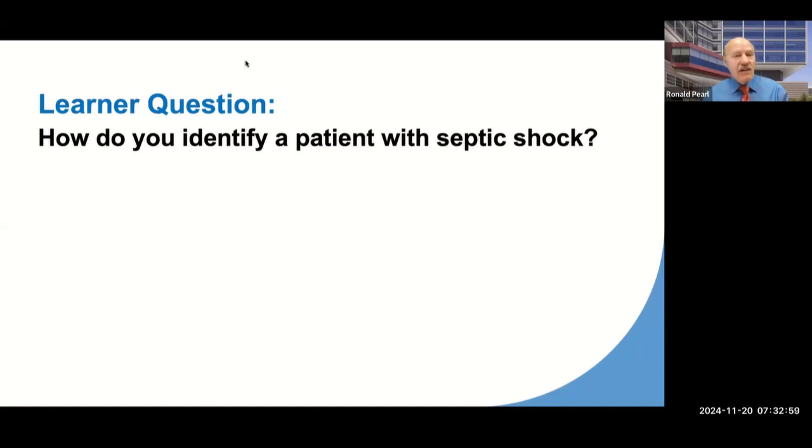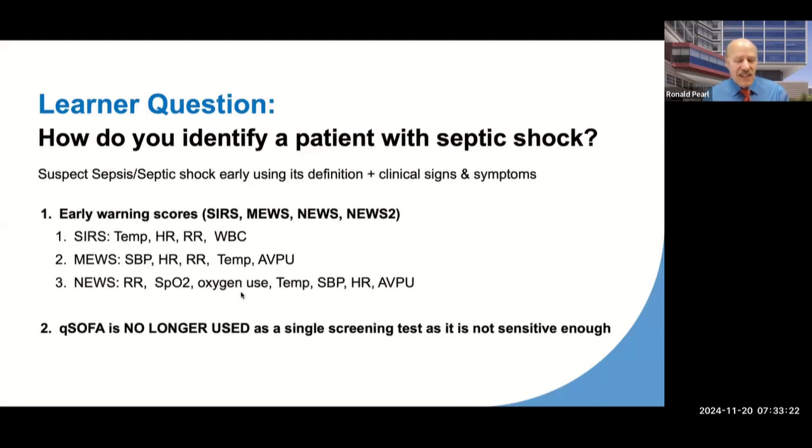So this definition of sepsis and of septic shock that you saw on the previous slide can be sort of confusing to translate directly into whether your patient has sepsis. And so what you need to do is really combine that with the patient's signs and symptoms to give you a suspicion that the patient may be suffering from sepsis and septic shock. Sepsis being obviously an infectious source. So in addition to what Dr. Crawford